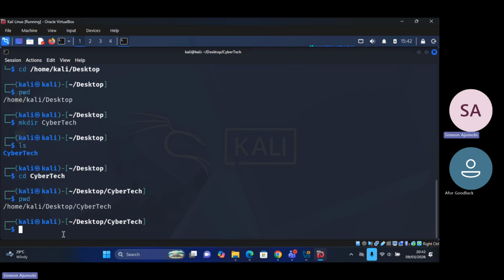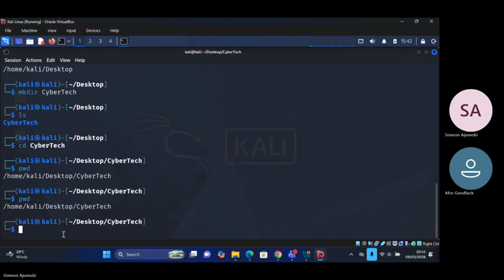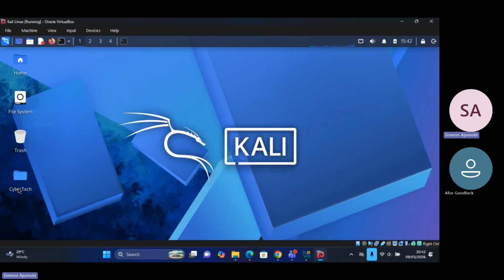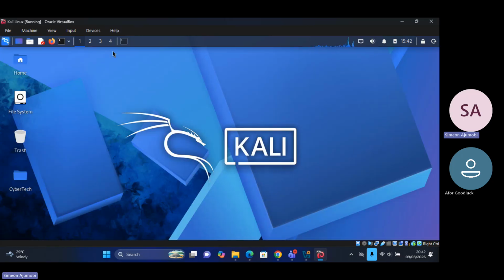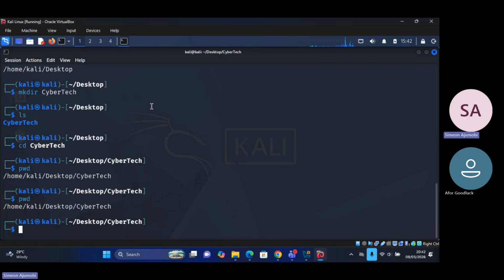So, and this is cool. Before I call it a day, I'll teach you how to create multiple folders. Don't forget we are in cybertech, right? Yes. Okay, let's open cybertech. Do you know when you're hacking, you don't come there physically like this? Let's create 2 folders in cybertech. How do you think we can do that? We can say mkdir, create directory called